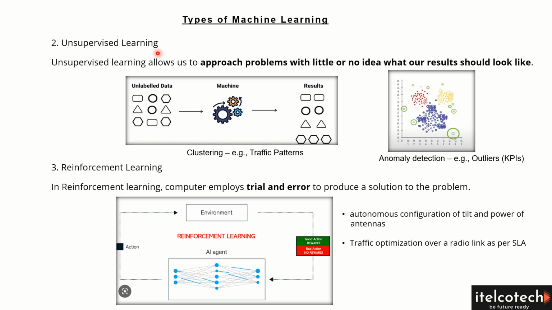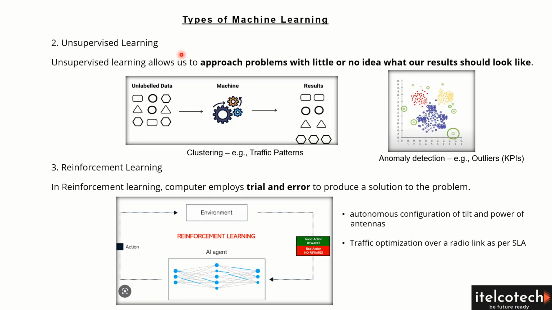Hi, in supervised learning, we have seen we have input data and we have the output labels associated with those input data. We saw an example where with the quality of signal, there is a throughput associated with it, and with the changing input value, which is the signal quality, there is a change in the throughput also.